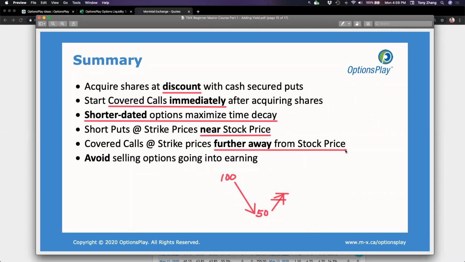Again, very counterintuitive, but a lot of things about choosing expiration dates and strike prices, in my opinion, are quite counterintuitive. And lastly, you want to avoid selling options going into earnings. So those are the tips that you might want to take away from today if you're thinking about using any